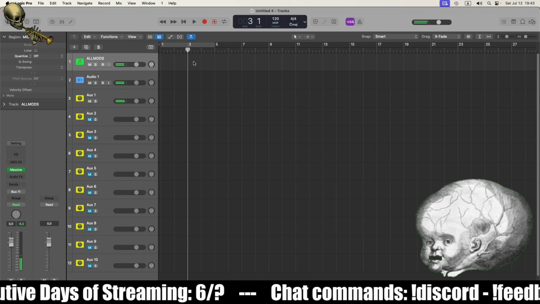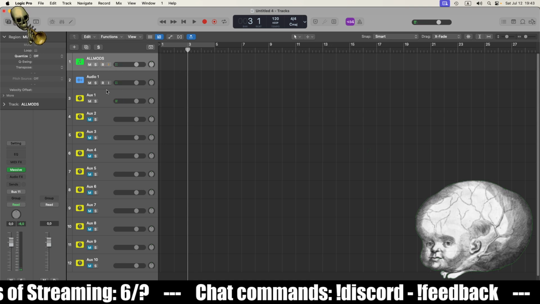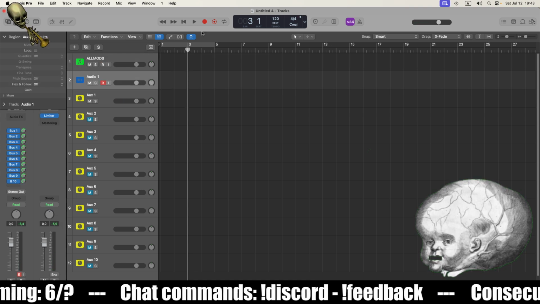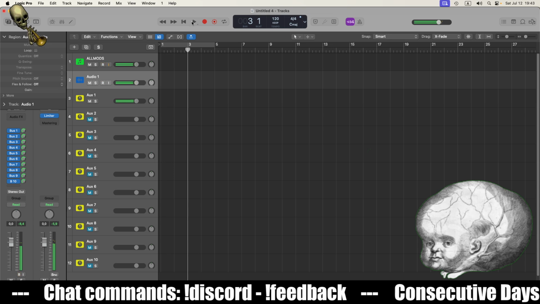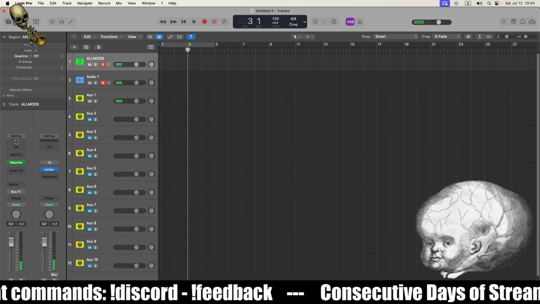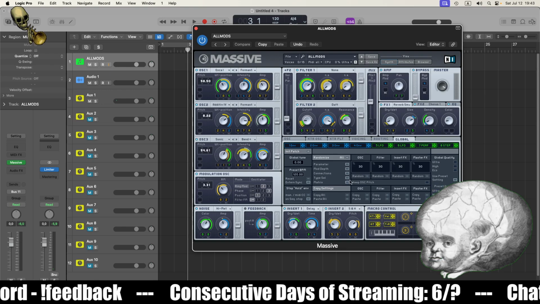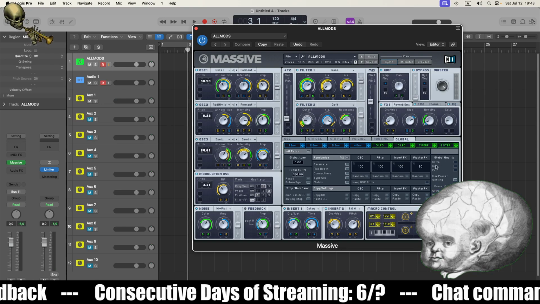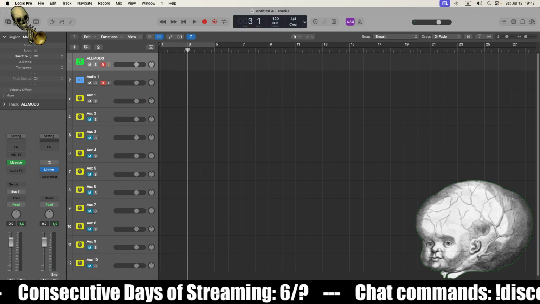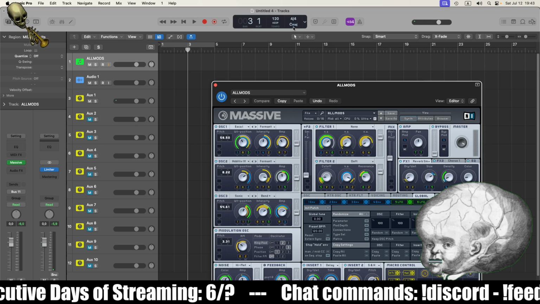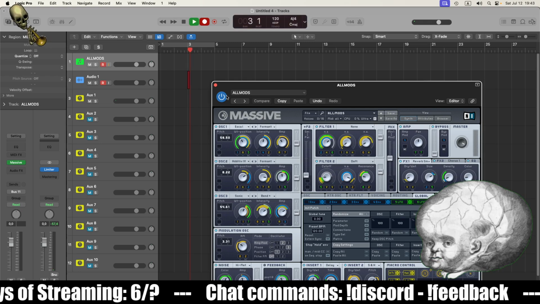I'm just going to hit the output of 1, but what we're basically going to do is, where's my massive instance, enable randomization, and then we're going to record.